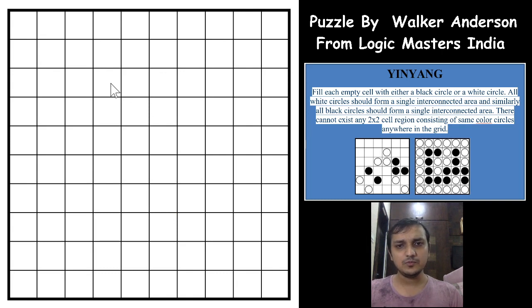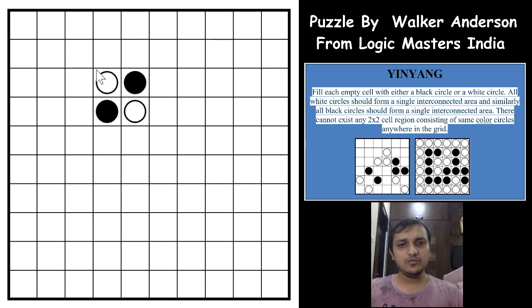The other trick is, you can never have a checkerboard pattern anywhere in the grid, be it at an edge or in the middle. You will never form two white circles diagonally and two black circles diagonally in a group of cells. So this instance is never ever possible in a yin yang puzzle. So why is it the case?